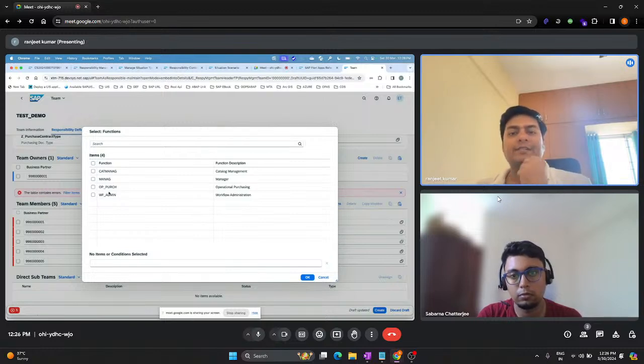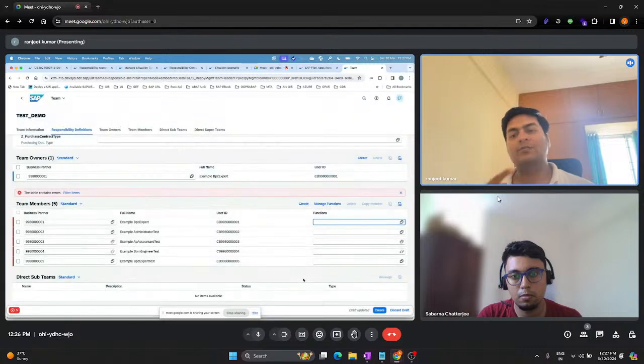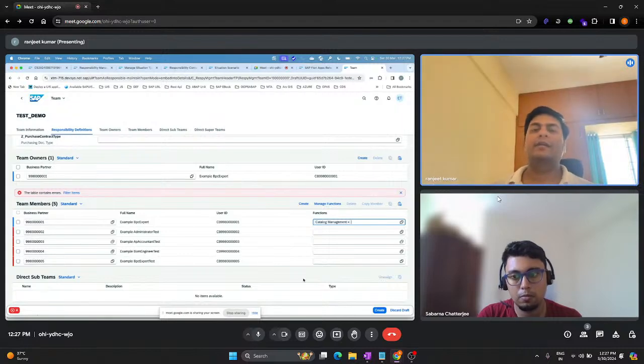In operational purchasing, we can also have different persons responsible for different areas. Somebody is responsible for manager, somebody for catalog management, somebody for operational purchasing, somebody for workflow administrator. So you think this person is only responsible for this, you give this. When the code executes, it will look for what particular function has been associated and what you mapped to the situation handling, that area of function and responsible definition.